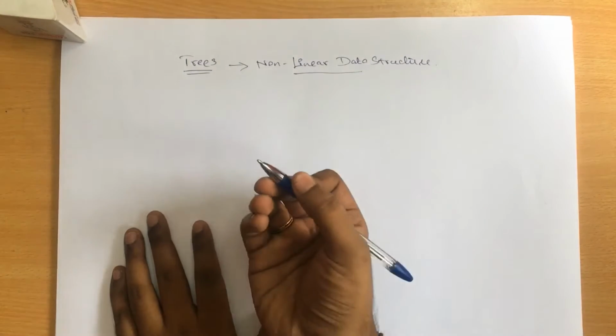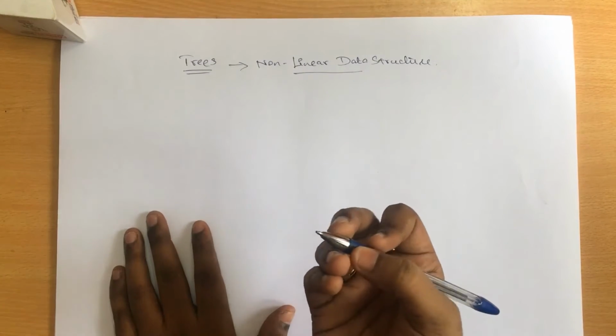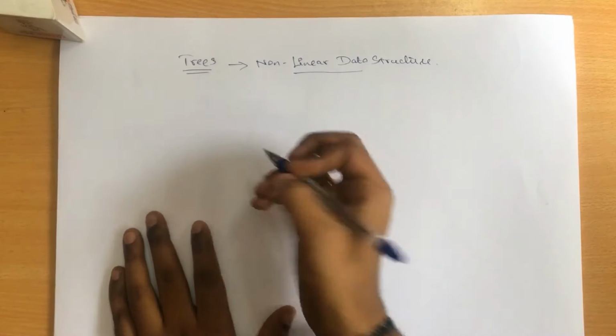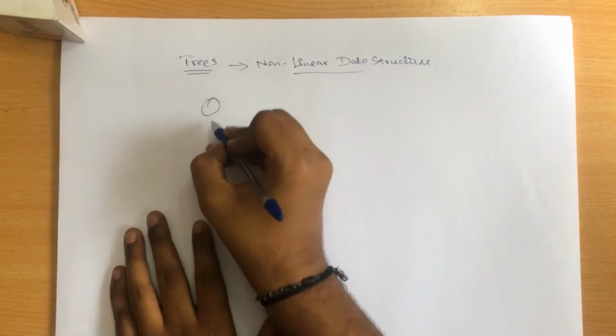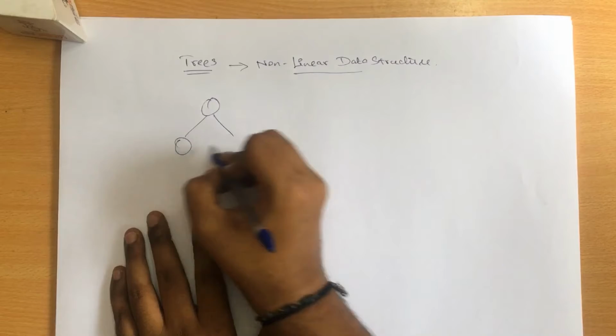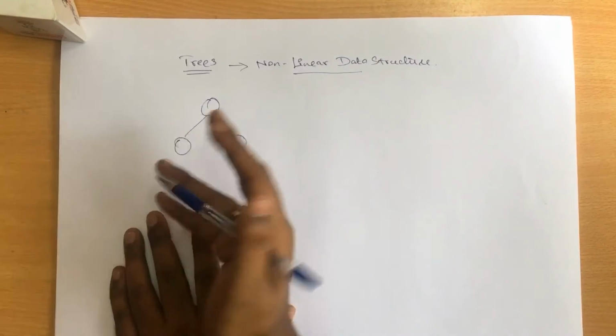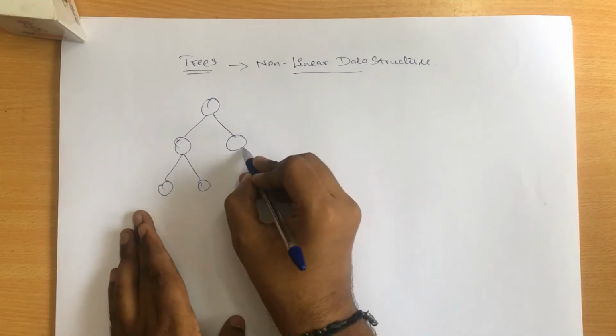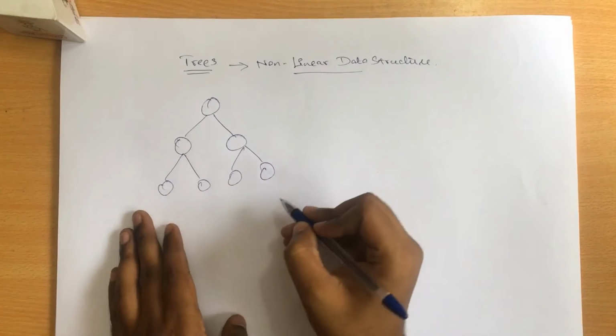And what is a tree? A tree has something like branches and leaves, right? In the same way, here a tree has a root, followed by the root you will have some children. It will be either a left child or a right child, followed by that it will have some more values. And a node without any children, right?